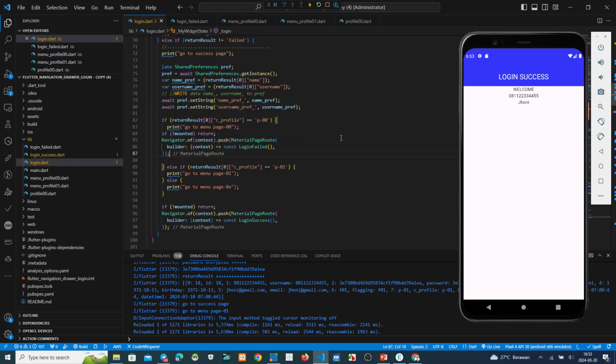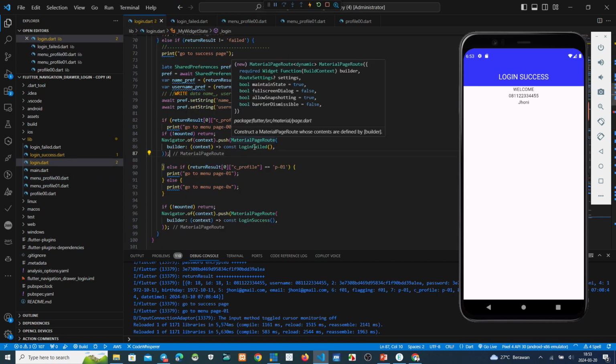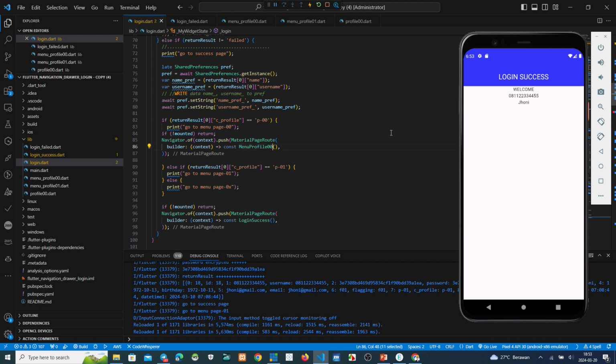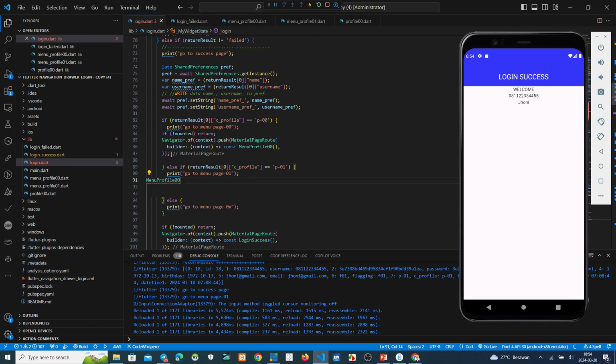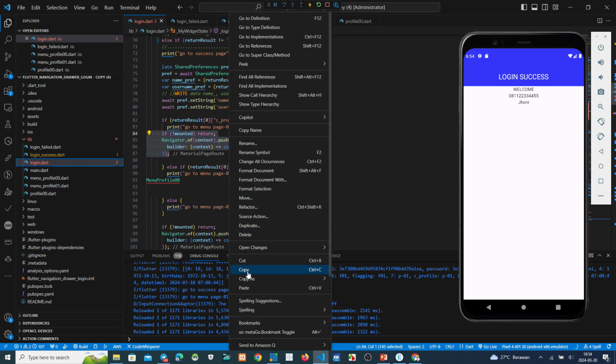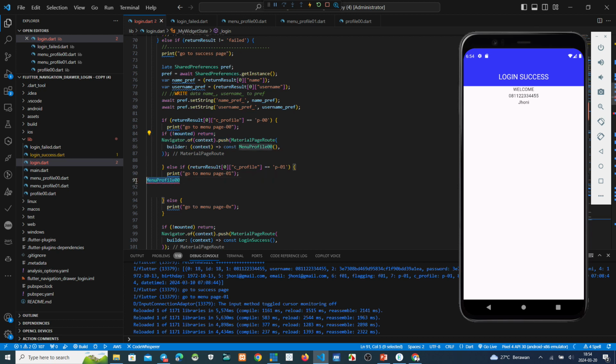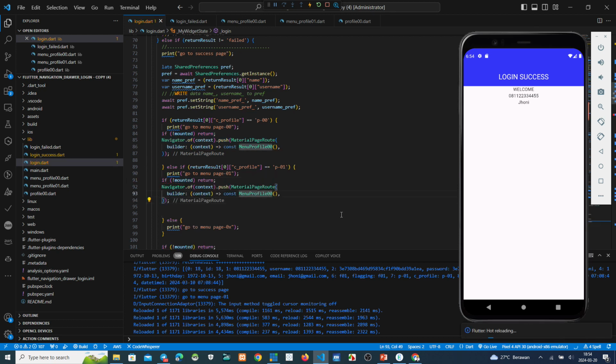And if C profile 01, oh sorry, where is it? Okay, this one, copy, this 01.